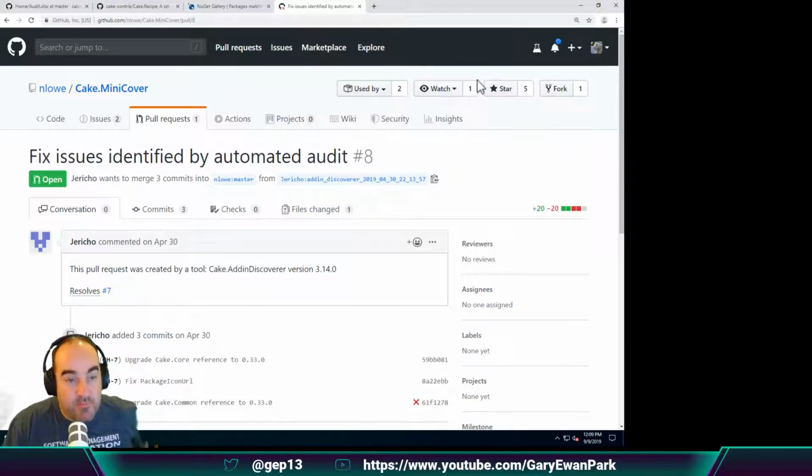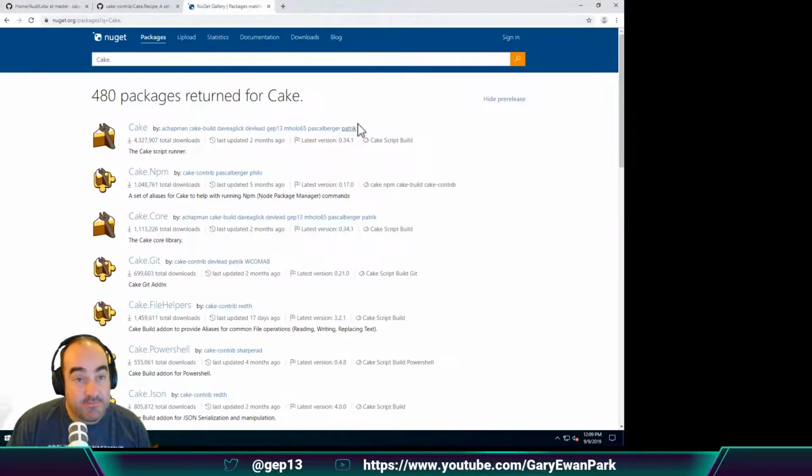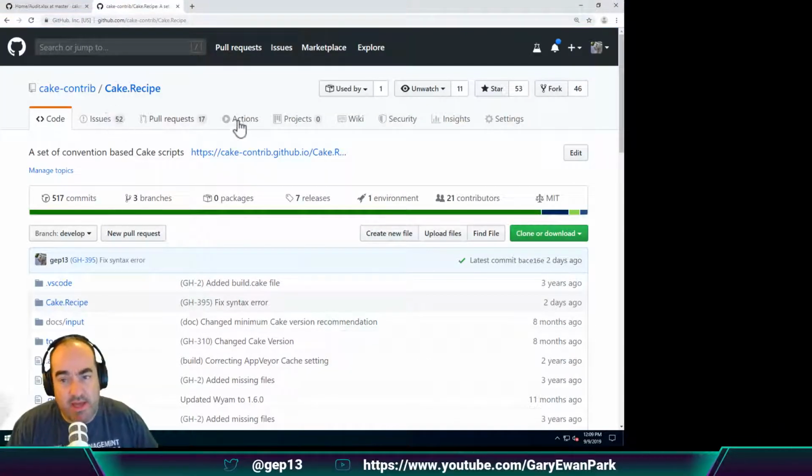But the topic of tonight's stream, if my voice holds out, is to look at starting to break Cake.Recipe. So if we look at the Cake.Contrib repository for Cake.Recipe,